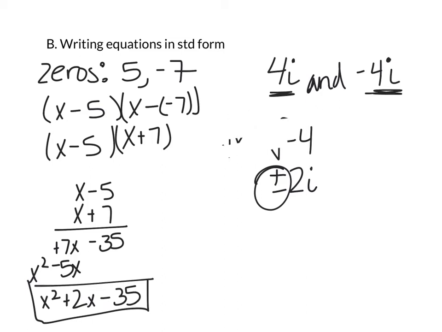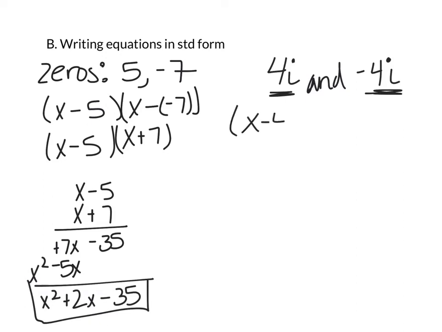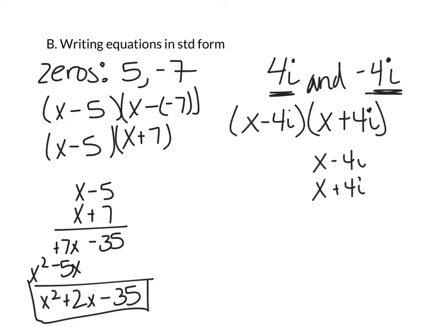The same is true for our irrational answers. So again, if it's x minus p, our first factor is x minus 4i. And x minus q, that's x minus -4i. And then we can multiply that out. x minus 4i times x plus 4i. I get -4i times 4i, which is